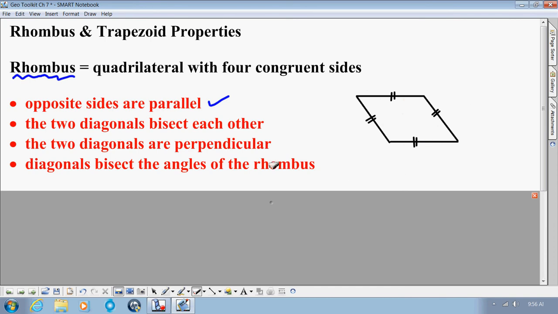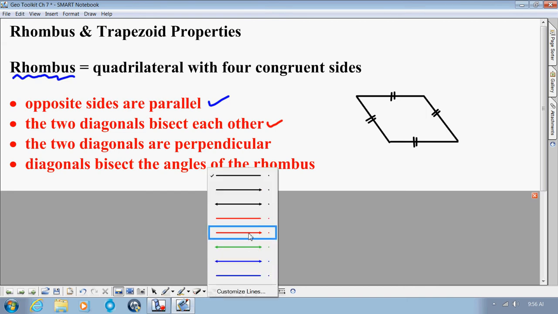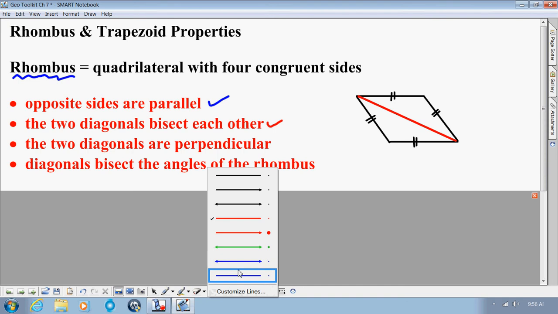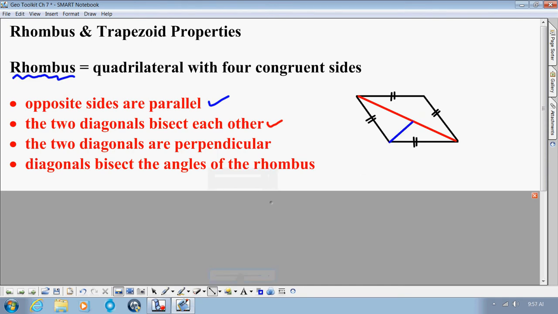Next up, we know that the two diagonals bisect each other. So let me go ahead and draw these diagonals in once again. Diagonal number one is going to be right here, going from the top left to the bottom right. The other diagonal will be from the bottom left to the top right. So those are our two diagonals here. And like it says, the two diagonals bisect each other. So this is true also for parallelograms and kites. This blue diagonal bisects the red one in half so that these two line segments here are equal in